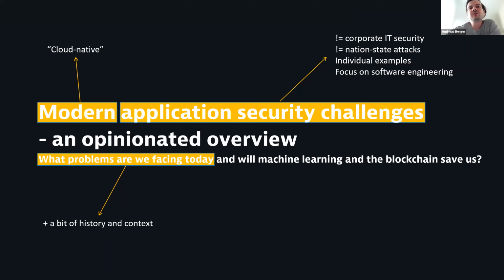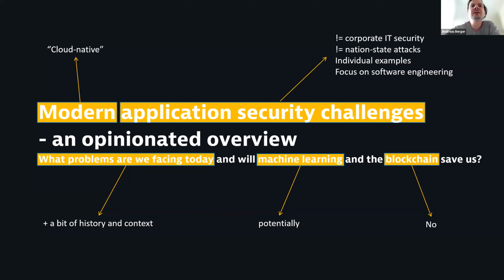Then, of course, I need to disclose that, I mean, machine learning and blockchain, that was pure bait, right? And I'm sure you fell for that. So machine learning potentially will help us with application security challenges, and I'll get to talk about artificial intelligence at the end. But blockchain, absolutely not. There is no reason why blockchain should be of any use for application security. I'm not aware of any use case where it would be helpful there. But it has its part in this talk today, and I'll get to that as we move on.